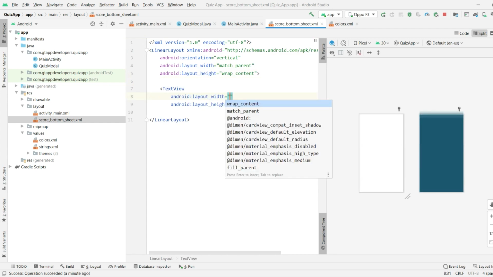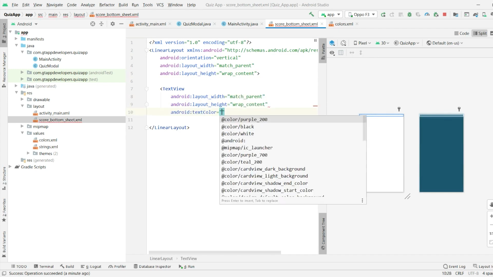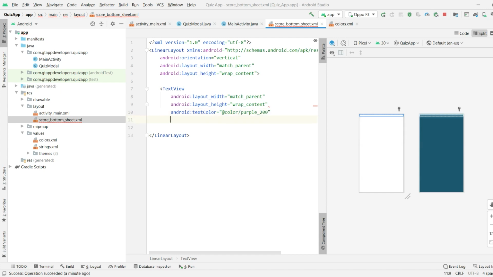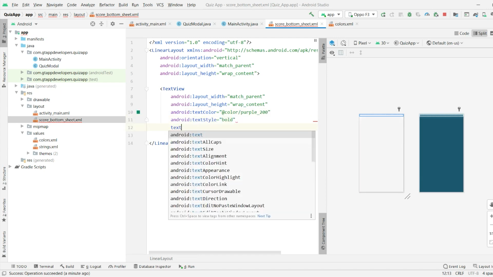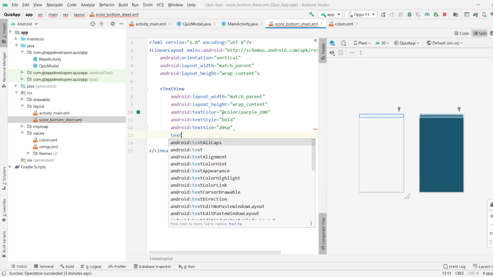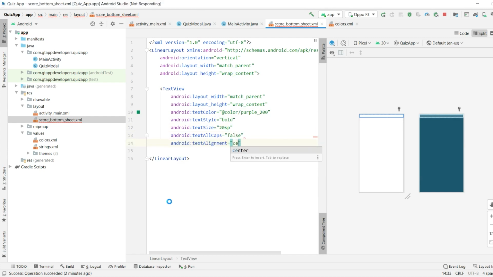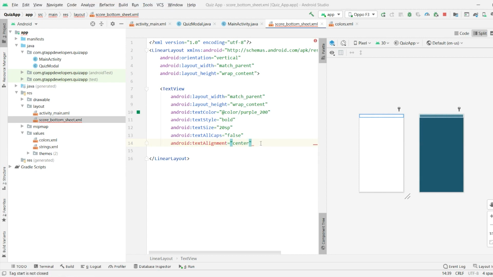specify width as match parent, height wrap content, text color as purple, text style as bold, text size as 20 sp, text all caps as false, text alignment as center, and gravity as center.